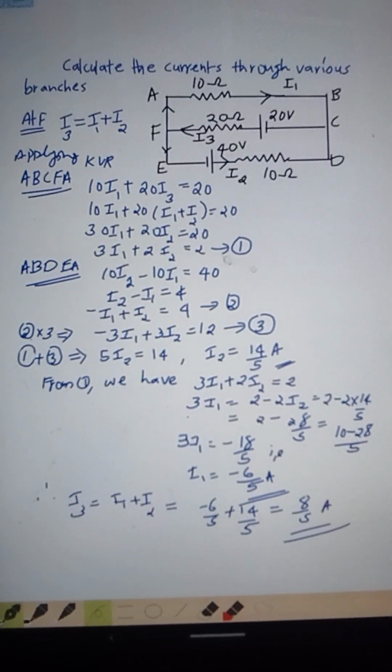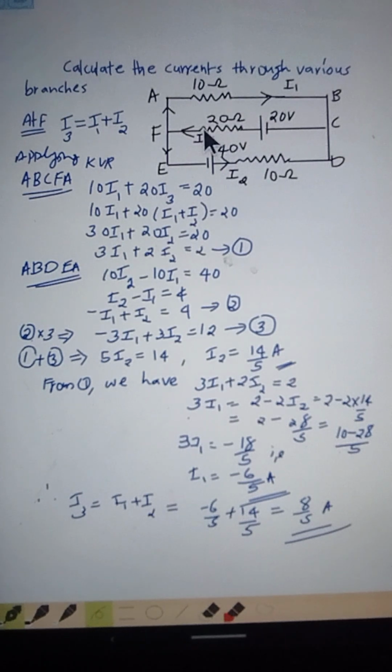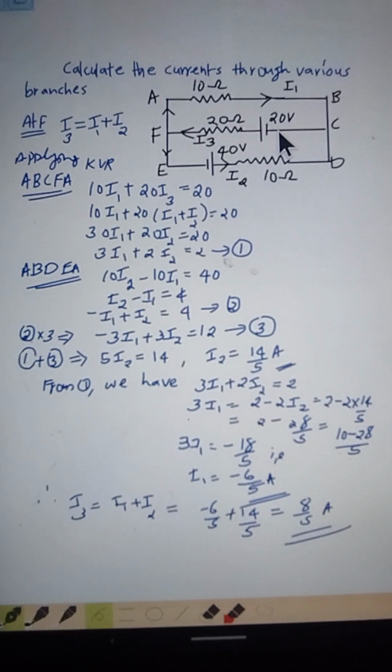Calculate currents through various branches. The network is given, resistors are marked with their values, cells are also marked, and from the 20 volt cell the